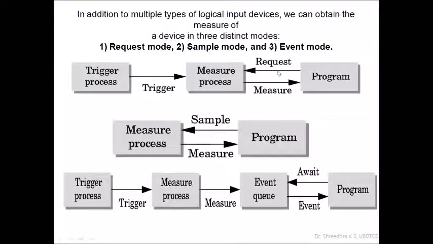And event mode: since many devices are connected, you should also know through which device you have to take values, and what type of value each device is giving. For this reason, trigger the process, trigger the same activity, measure the process. All these measurements are put in a queue rather than going straight into data. The event queue is nothing but a queue data structure. I think you are familiar. A similar queue data structure is used here, and each device is provided with its own queue, so that only the corresponding event will be invoked.